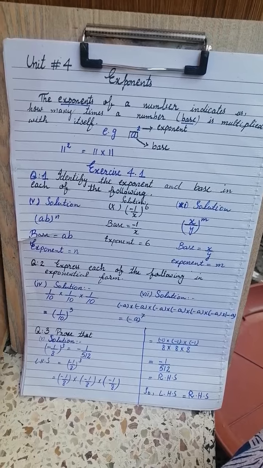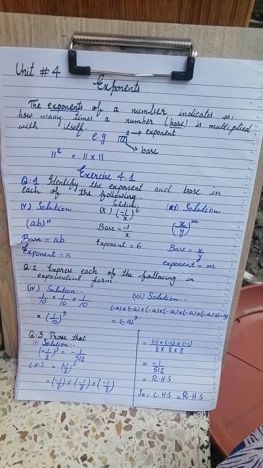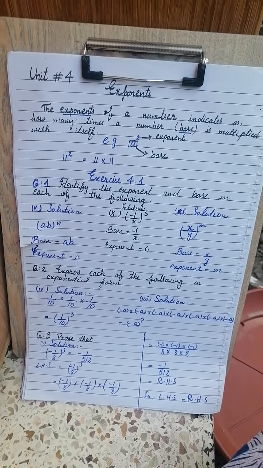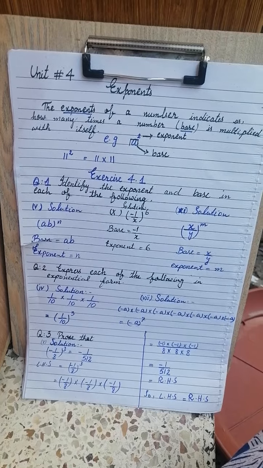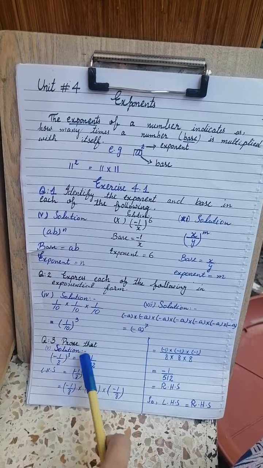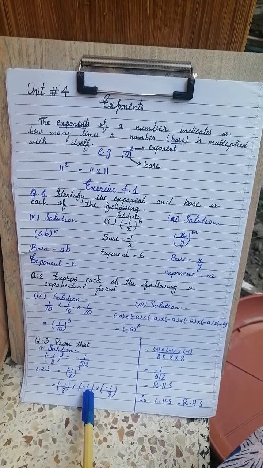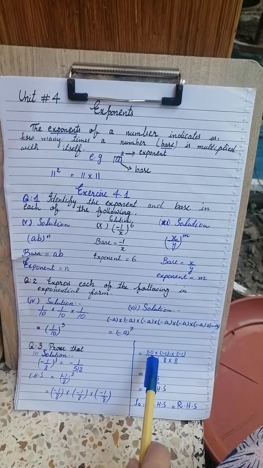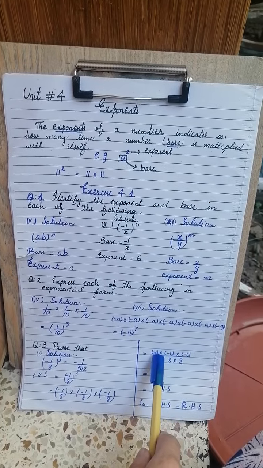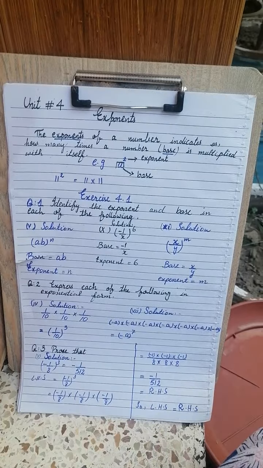Now we will write this exponential form in expanded form. How will we write this in expanded form? It means minus 1 over 8 is multiplied 3 times. We write minus 1 over 8 three times like this: minus 1 over 8, this and this. So we multiply numerators and denominators. The numerators are minus 1, 3 times, and the denominators are minus 8, 3 times.